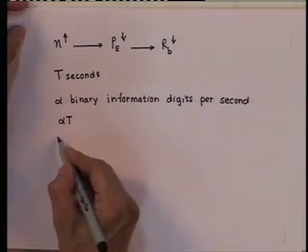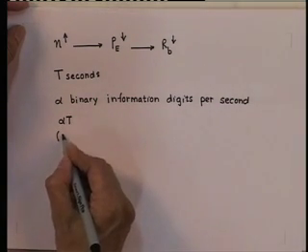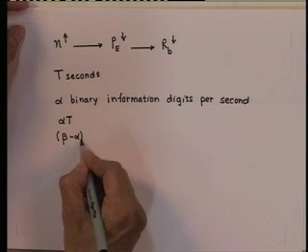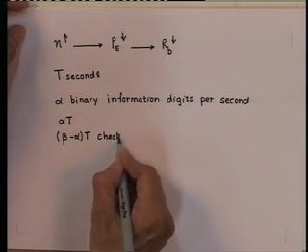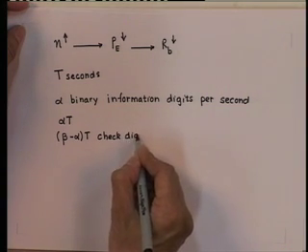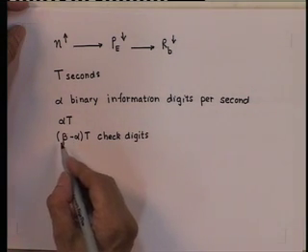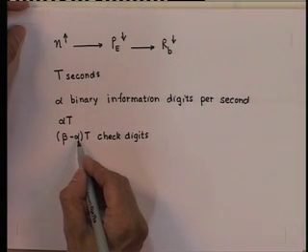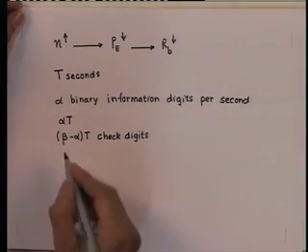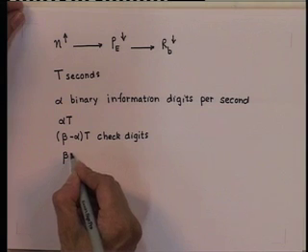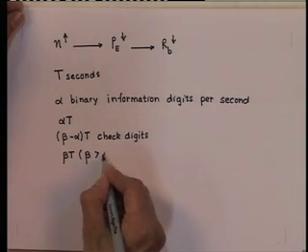To this block of information digits we add (beta minus alpha) times t check digits, that means (beta minus alpha) check digits or redundant digits are added per second, then we need to transmit beta t, where beta is greater than alpha,